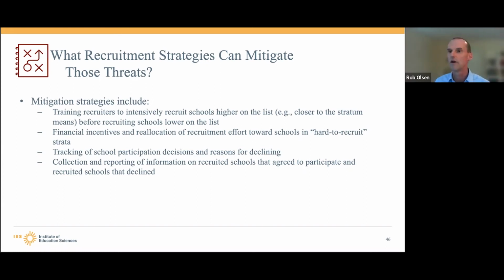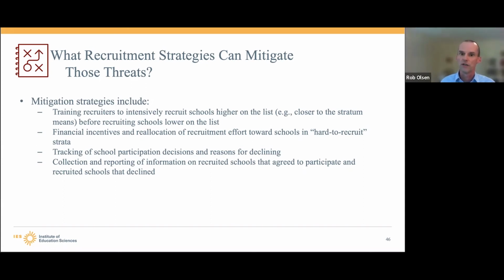Third strategy that the guide highlights is tracking school participation decisions and reasons for declining to participate. Tracking school participation decisions is necessary just from an operational perspective, but tracking the reasons for declining can be very helpful when trying to get a better understanding of how the schools that agree to participate might be different from